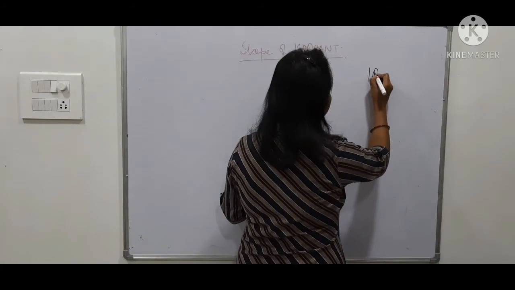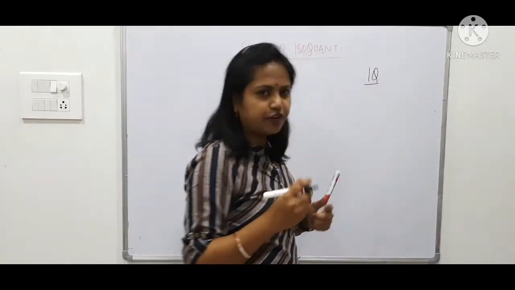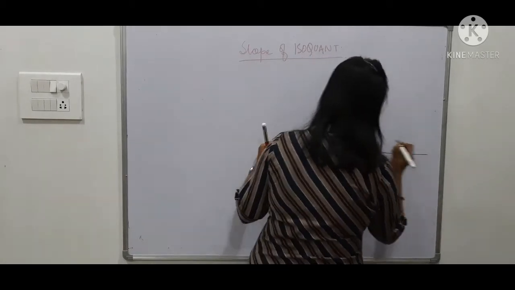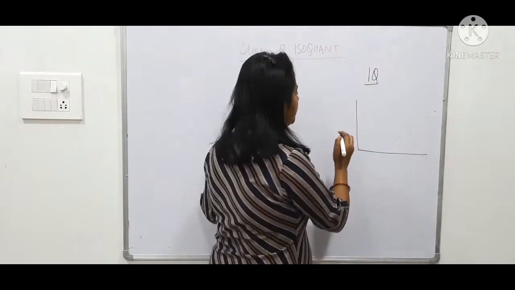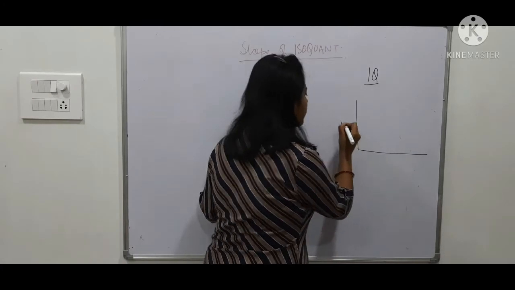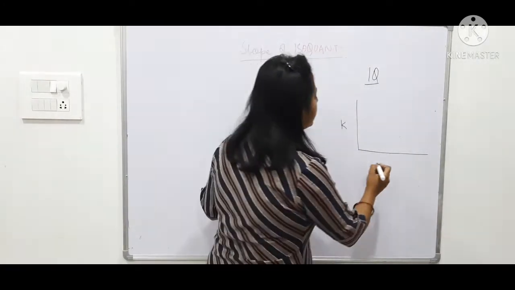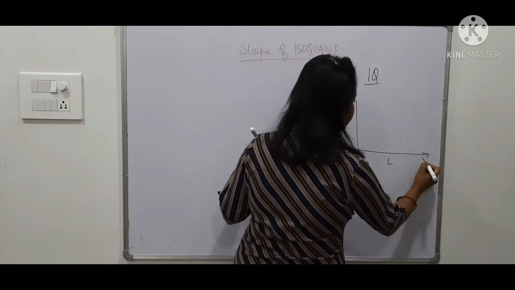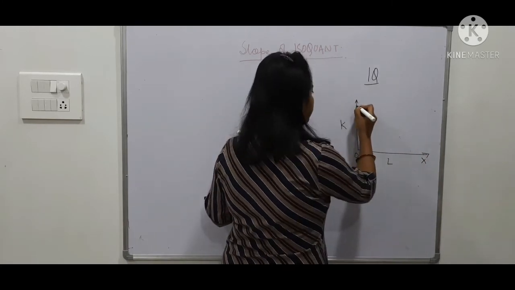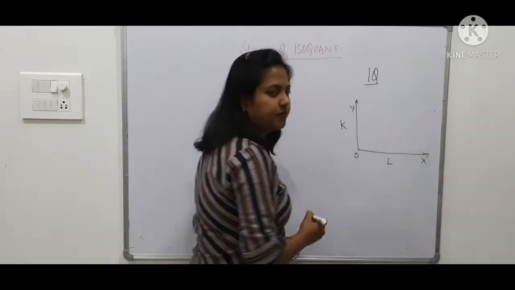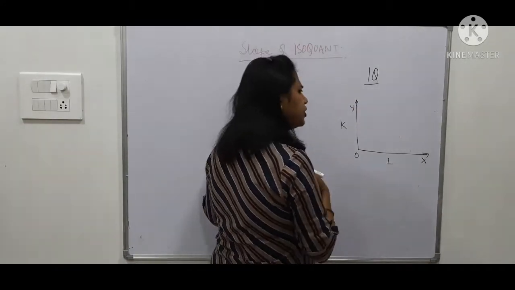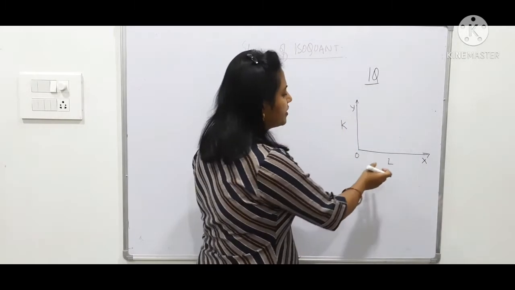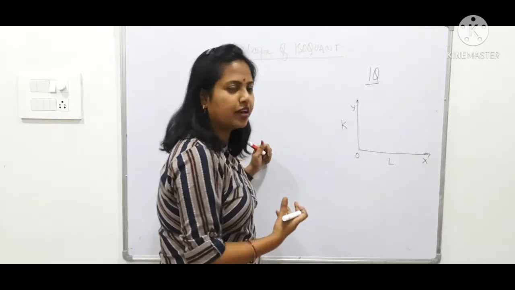I represent it by IQ. For ready reference, we have seen that as a producer, I can use two factors. One is called capital and the other one is called labor. Okay. So I am showing labor on the OX axis and I am showing capital on the OY axis. And as a producer, I can take any quantities of capital, I can take any quantities of labor. Okay. But